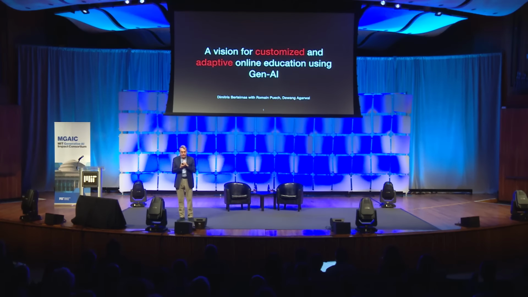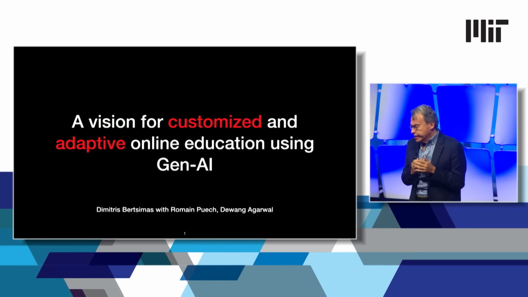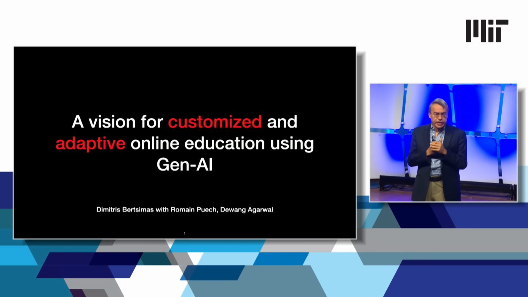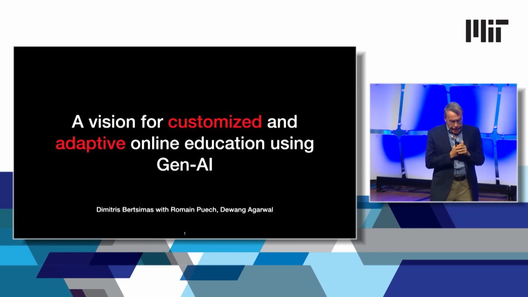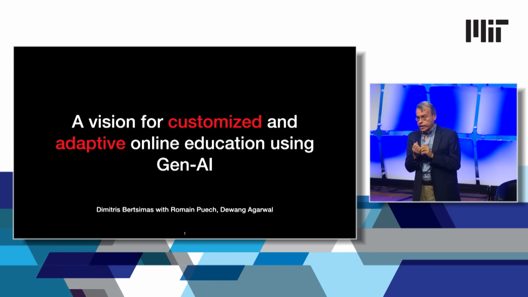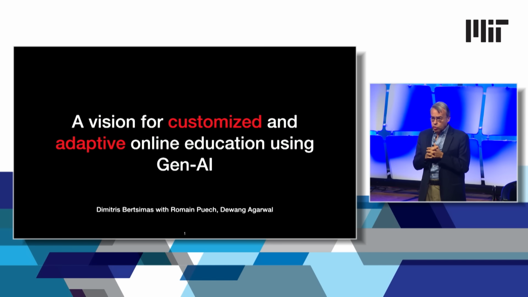As you have seen, I'm currently the Vice Provost of Open Learning. My name is Dimitris Bertsimas. I joined Open Learning a year ago. I've been at MIT about 40 years. And one of the reasons I joined Open Learning is to try to work with colleagues, students, and so forth, to accomplish the dream of personalized education.